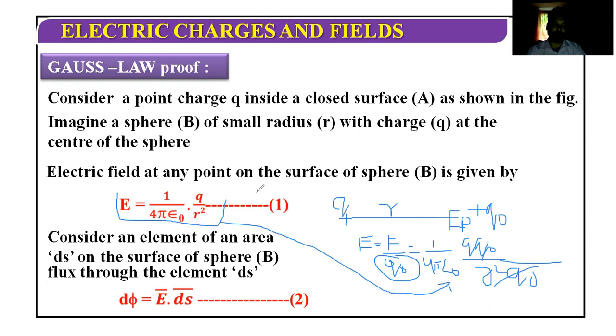So this equation is from the Coulomb law. And now from the Coulomb law, we will derive the Gauss law. So this is the derivation of the Gauss law from the Coulomb law. Take the value of the electric field derived from the Coulomb law, this equation, and then we will find out the Gauss law.